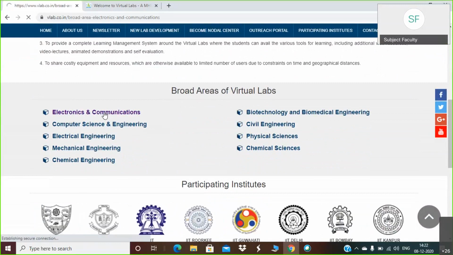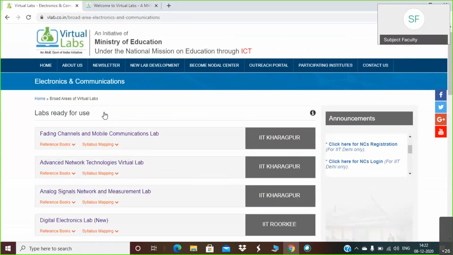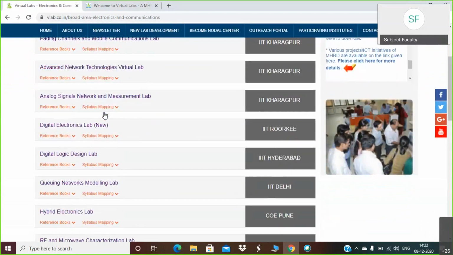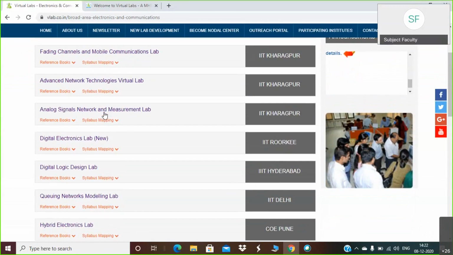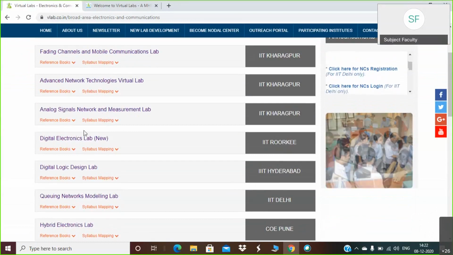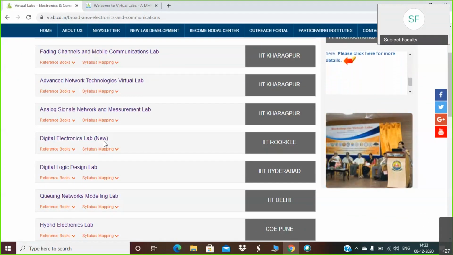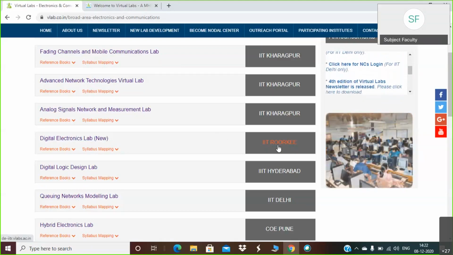When you click on electronics and communication area, under that there will be different labs provided or designed by different IITs. So we have to select digital electronics lab new. In brackets it is mentioned new. Digital electronics lab new is designed by IIT Roorkee.